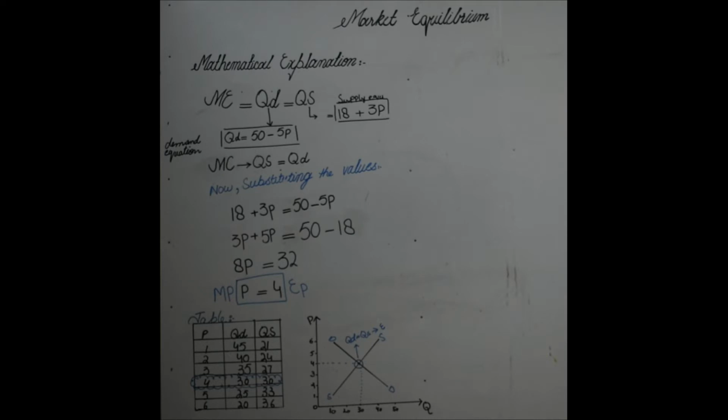The first thing I will tell you about today's topic is that, from the traditional way, we make a table and graph with the available values. But now in this lecture, we will make a table and graph with the help of equations. The question is, how is it possible to make a table and graph with the help of equations?